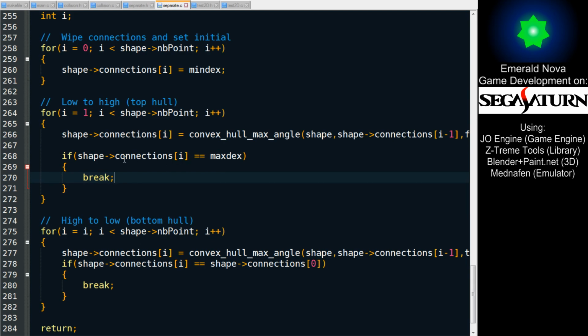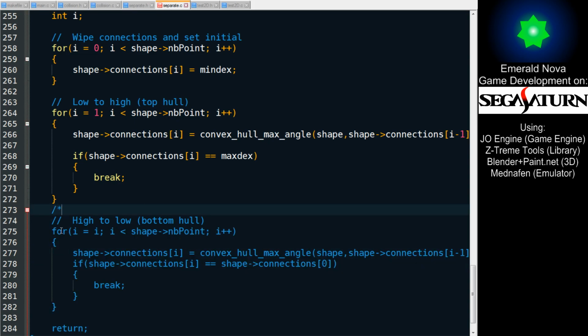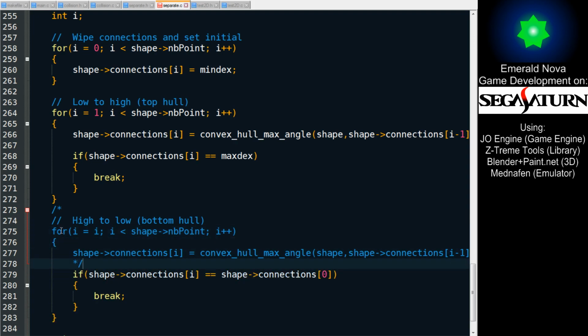You know what? I have an idea. These two, I believe, can be combined. So let's do that. Let me block comment out some stuff. Okay, so here's what I'm going to do. So in this, we're doing a single for loop. We're starting from low to high, and then once we hit a connection being equal to the max dex, what we can do